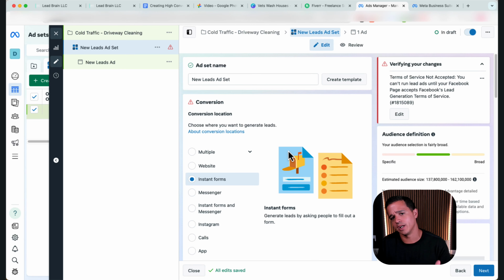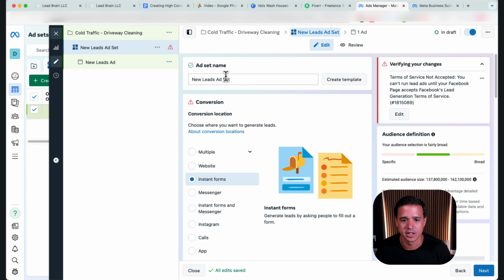And we're going to test two ad sets today. So we're actually going to test interest targeting and broad targeting. And what do I mean by interest and broad? Interest means that I'm going to tell Facebook, hey, find some people that are interested in like landscaping or home improvement. And then I'm going to have another ad set that just says, hey, you pick, Facebook. Go find people in the area that I'm telling you about, and then you pick.